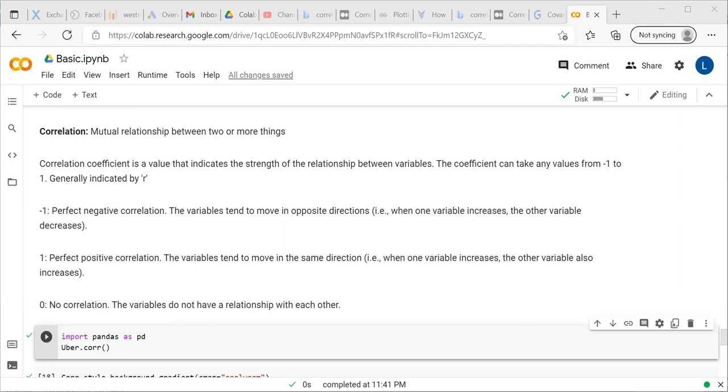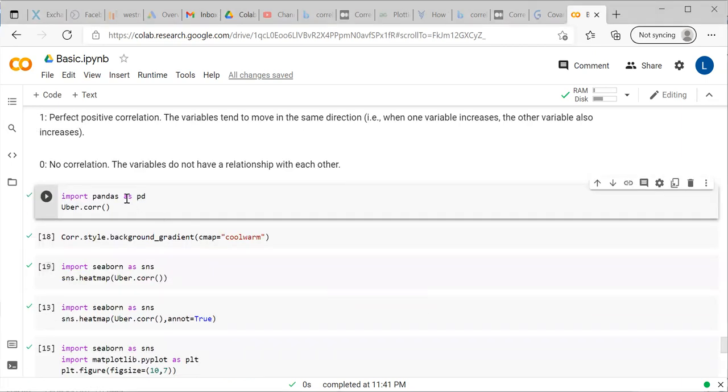The first and foremost thing we have to do is import the pandas package. If you have to calculate the correlation, you would require the pandas package. So import it. We have already shown this in a video. This is the coding: import pandas as pd. And Uber is the data set. Even in our past videos, we have used this Uber data set, so we are going to use the same thing in this video also.